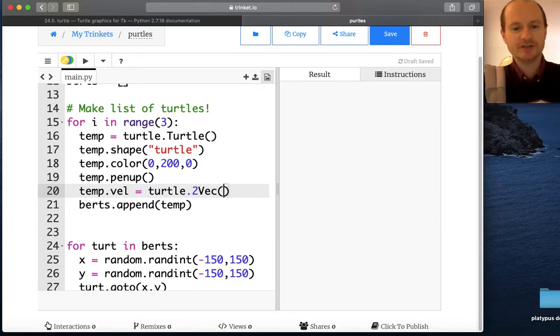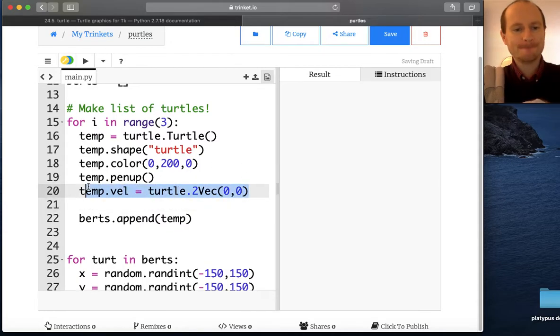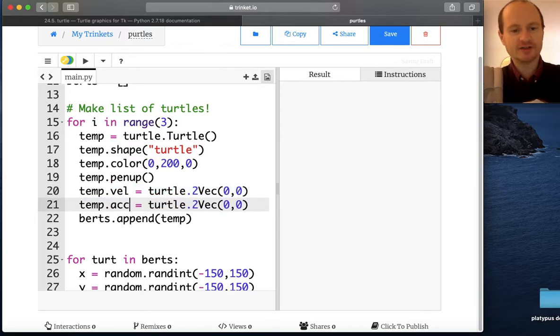Can I actually put in no velocity in the x, no quantity in the x, no quantity in the y? Is that how I do it? And then do I say the same thing for acceleration? I'll call that ac. Right, let's just save that